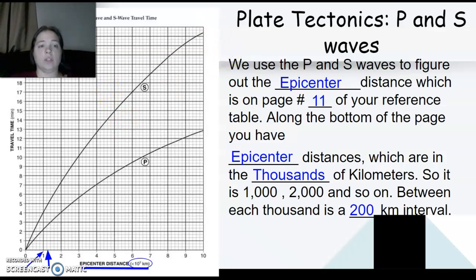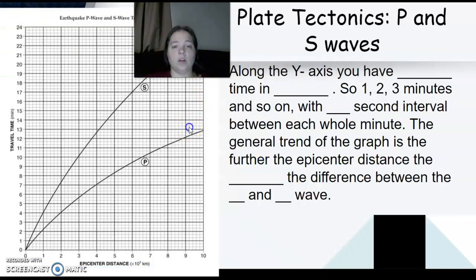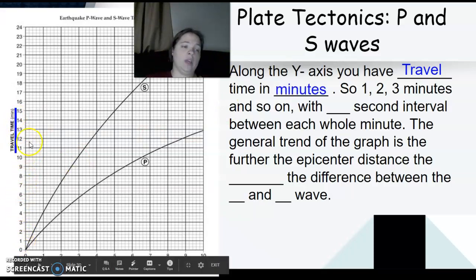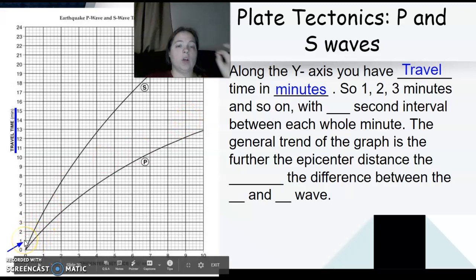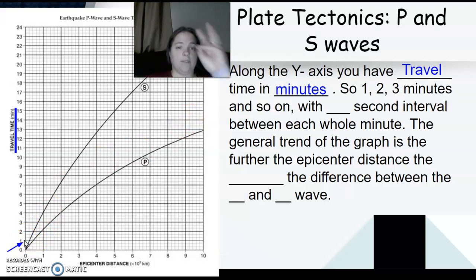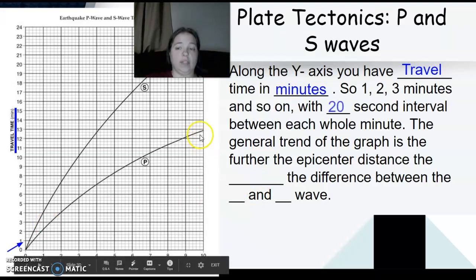All right, so now that we've looked at that side, I'm going to move my face right here. Along the y-axis right here, you have travel time. See, travel time. And it's in minutes. So each of these right here are going to be a minute. So you got 1, 2, 3, 4, 5, 6, 7, 8, 9, all the way up to 24 minutes. There's only 3 lines. 1 minute is 60 seconds. If I've got 3 lines, all I have to do is 60 divided by 3. That is 20-second intervals